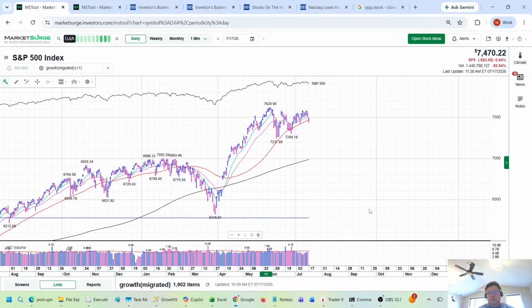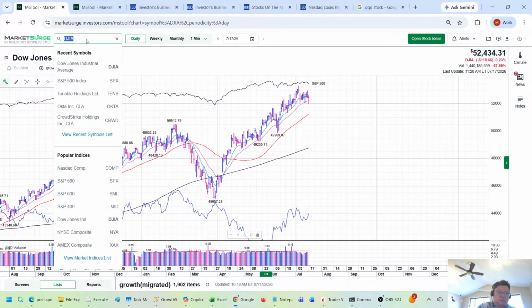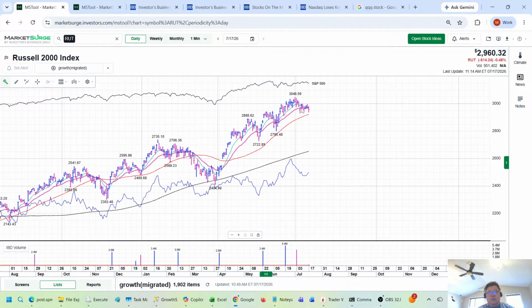Let's go to the Dow Jones. This one did bounce back a lot more from this morning, so that's interesting. But it's still down 0.2%. So that one has a slightly stronger bounce there. And then finally we have the Russell here. A lot of financial stocks are red today, but they're not down a lot. Right now, Russell is down 0.4%. It did undercut all the short-term moving averages this morning, but it's already picking up a little bit. It's slightly in the upper range of the day's trading, but we still want to see it come back all the way here. That'll be a good sign for financials.